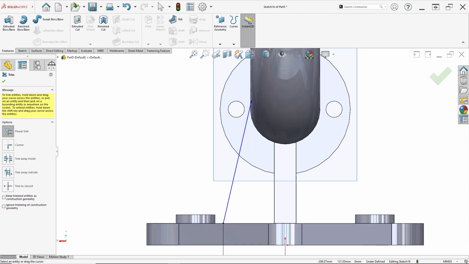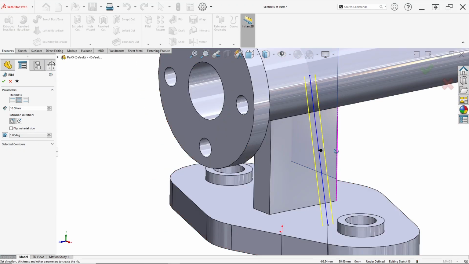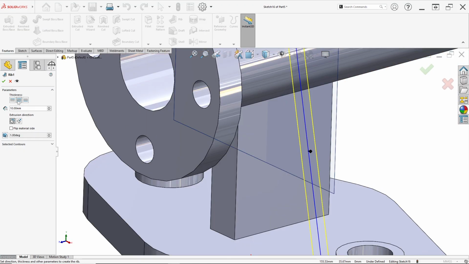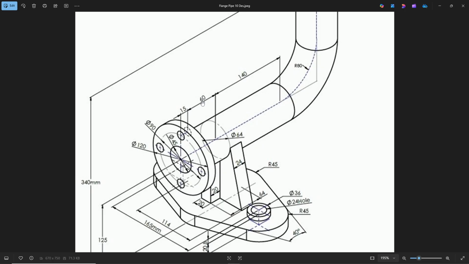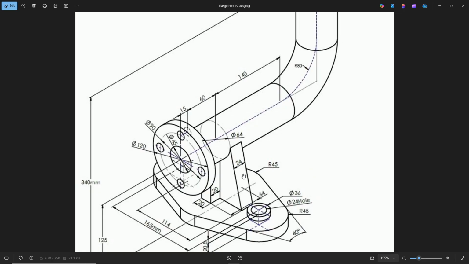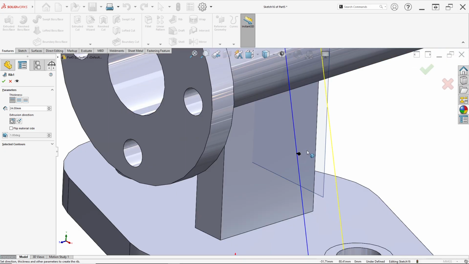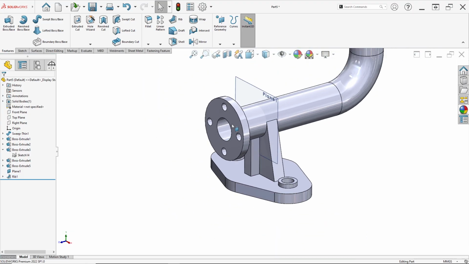Then we can select the feature and make a rib. Click rib. Now for thickness in here, change to first side, because the distance from this face to the other face is 60. So ensure to select first side and thickness 24 millimeter. 24 millimeter, and direction to inside in here. So click or check flip material side. Click OK and done. Now we can right click on this face and click hide.